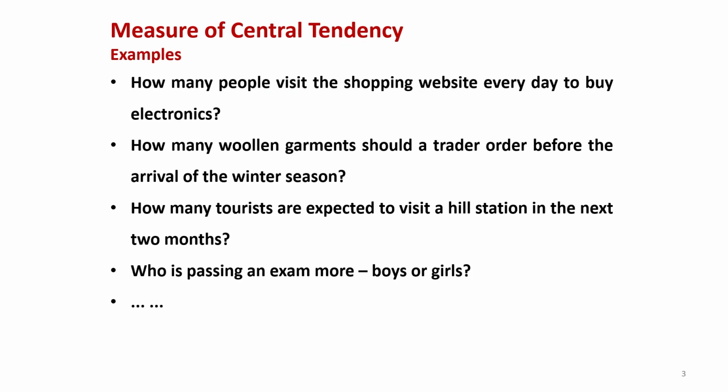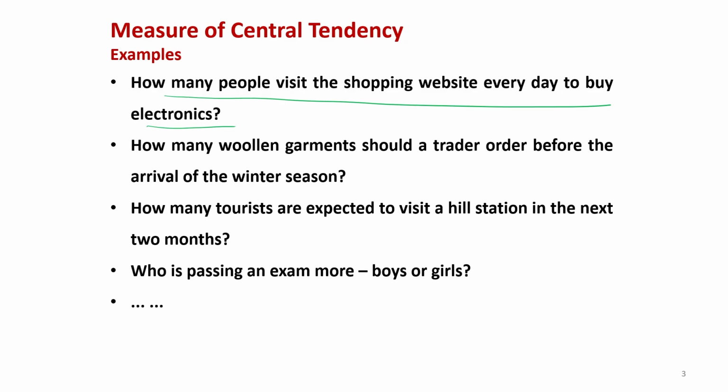For example, suppose I want to know how many people visit the shopping website every day to buy electronics. Right. So, if I say on day 1 this many, day 2 this many, day 3 this many, then it will become very confusing to understand for a layman. But if you say, okay, there are 100 people on average who are visiting the website to buy electronic items, then it will give a consolidated information, or the information in a summarized form,